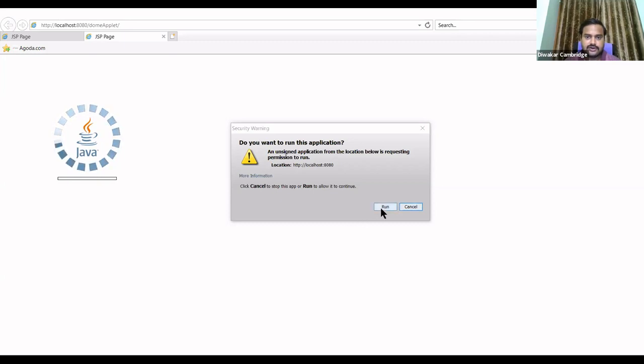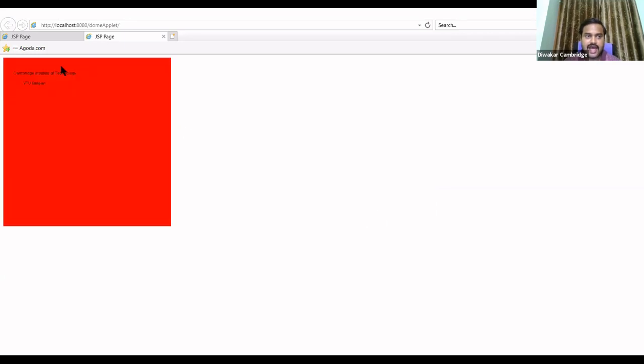Then you click on Run. The applet will be displayed on your browser. Okay, so this is about lab program number 7, that is how to include an applet in the JSP.